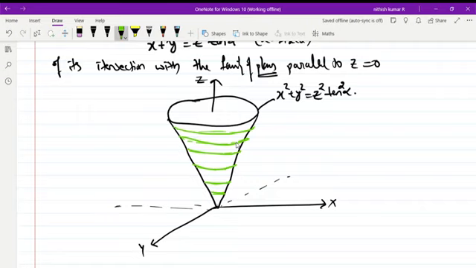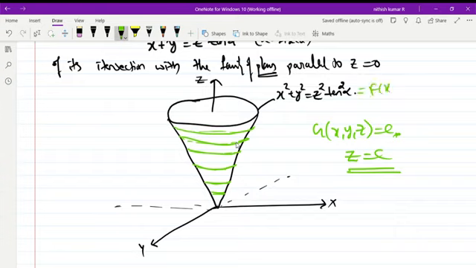So given that the family of curves was this, now what are the planes that cut it? That is g of x y z equal to c, which is nothing but the planes parallel to the xy plane, that is z equal to c. Okay, that's fine. Now this is my f of x y z equal to 0, and this is my g of x y z equal to c. So using this